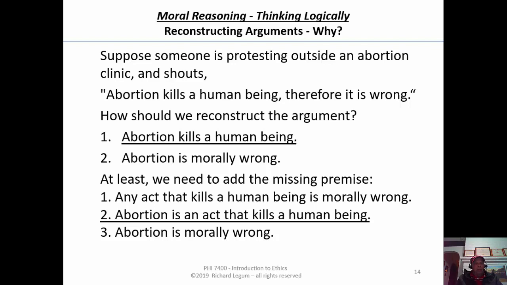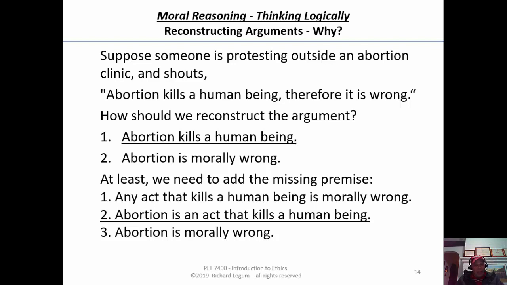Okay, so now we have followed the methodology to this point. That is, we added a premise, we followed that principle of charity, the fourth thing. Now, is this argument a good one? And as I suggested before, the logic is good, but maybe there's a problem with number one. That is, it says any act that kills a human being is morally wrong. How about